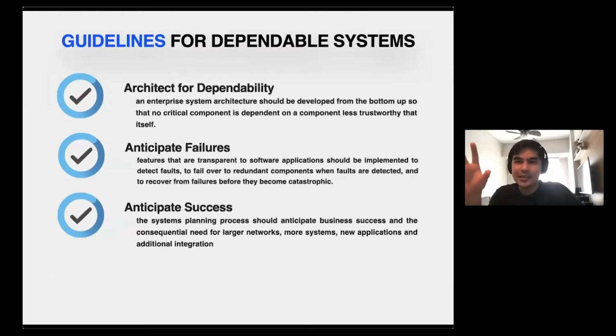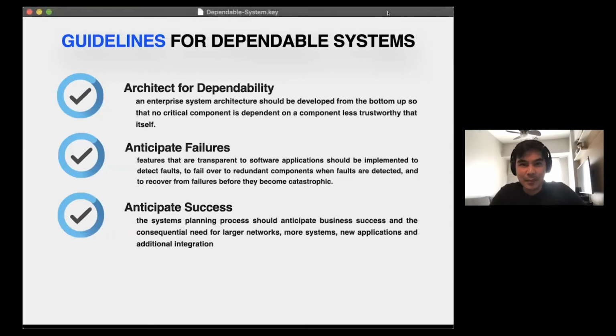And not only anticipate failures, but of course anticipate success. So we are developing systems, especially yung mga nurse informaticists and programmers. We are developing systems because we want to help the healthcare industry and we want data management at the hospital to be successful. Okay? So yon, guidelines in dependable system: it should of course be made to become dependable. If there will be problem, it can anticipate some of the failures, it can do troubleshooting, and of course, it can also anticipate success.